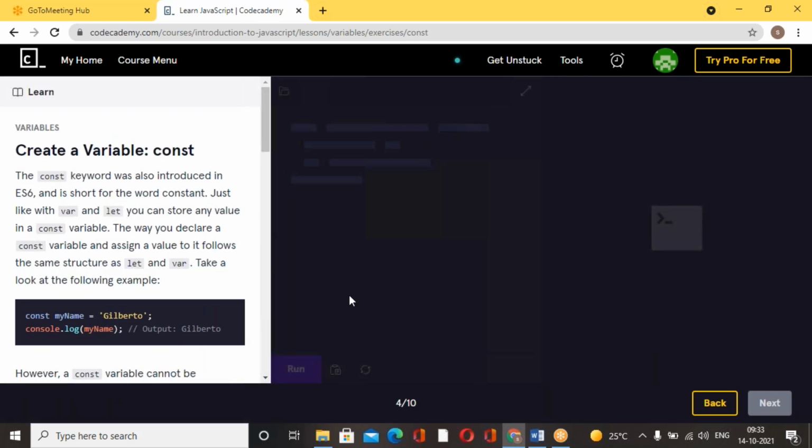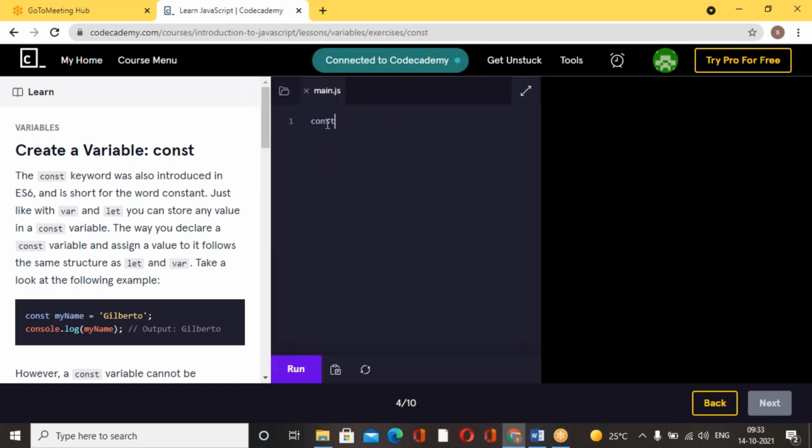Okay, now let me work with the constant keyword. Constant is one more keyword, a kind of variable. And when you want to assign a permanent value, for example, constant my first name is Srinivas. My first name is Srinivas. It's a constant keyword. Okay, so when I'm trying to reassign the value of my first name,